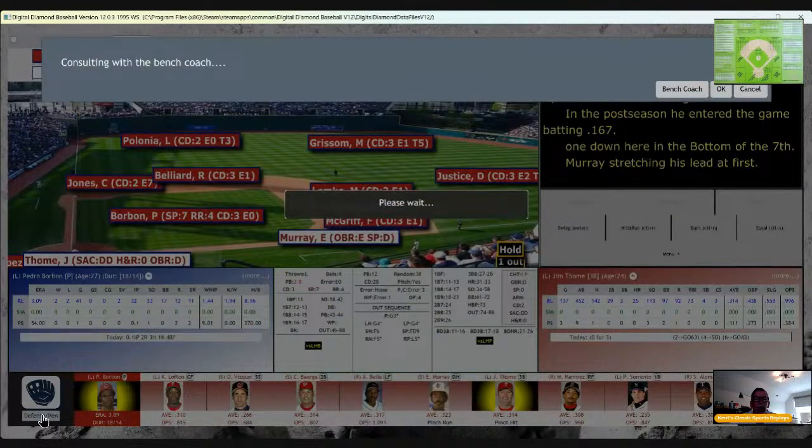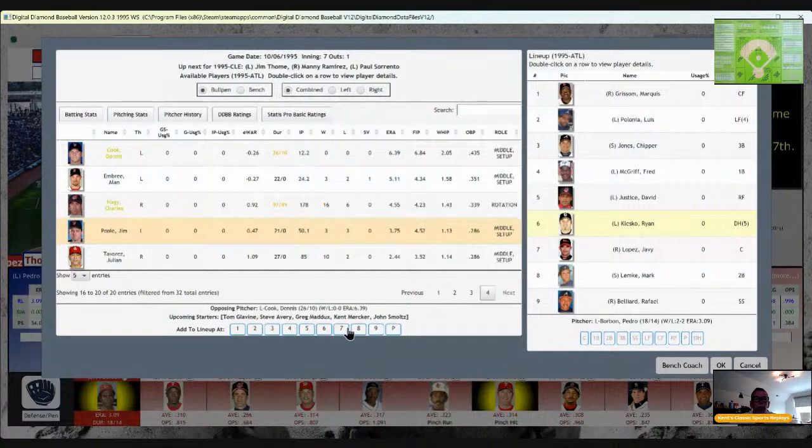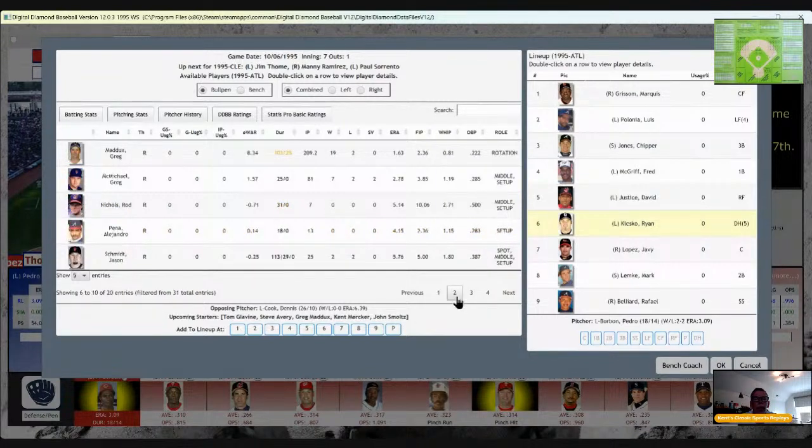Trying to bring in a pitcher out of the Cleveland dugout bullpen. Find another lefty to bring in.